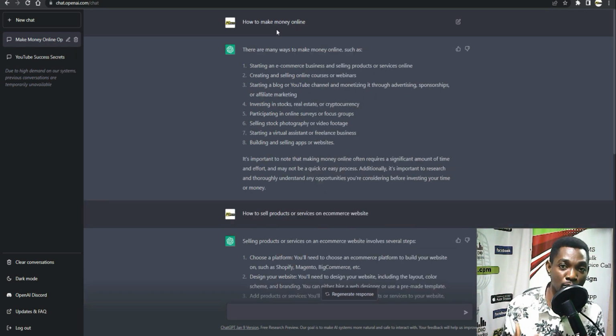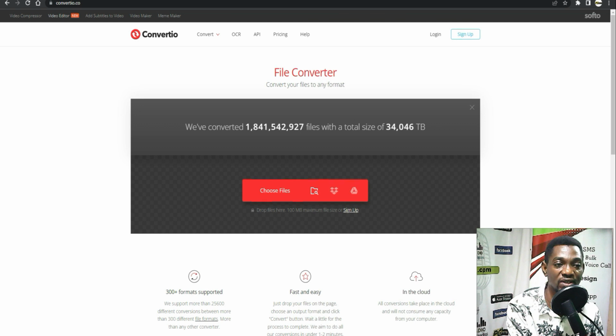Now that we have our book content in a Word document, we also need a service that will compile this into an ebook for us. There are different forms. We have the printable ebooks, which could be in PDF. In a Word document, you can just save as PDF, but we want to really convert this to an ebook. So we need another service that will do that for us. And there's this free service called